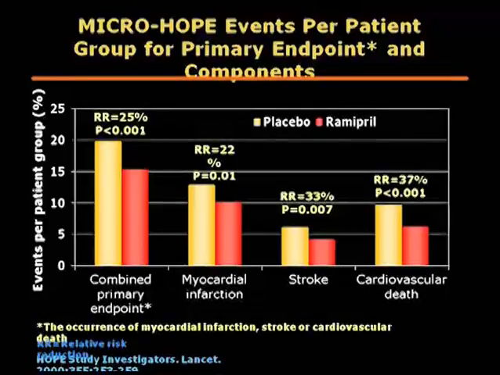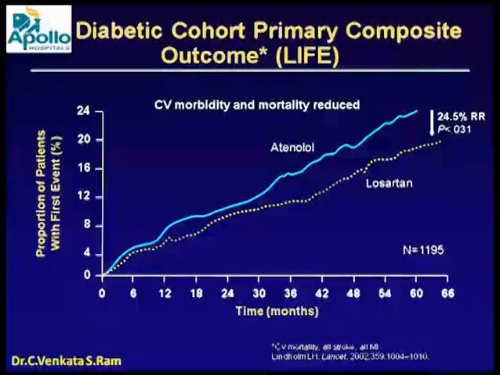Now, angiotensin receptor blockers. This is not a very fair study called LIFE study, looking at the comparison between a beta blocker and an angiotensin receptor blocker. Angiotensin receptor blocker was superior to a beta blocking drug. But what was not clear in the study was, was beta blocker harmful or was ARB beneficial? That is a dilemma that was not answered by the study.